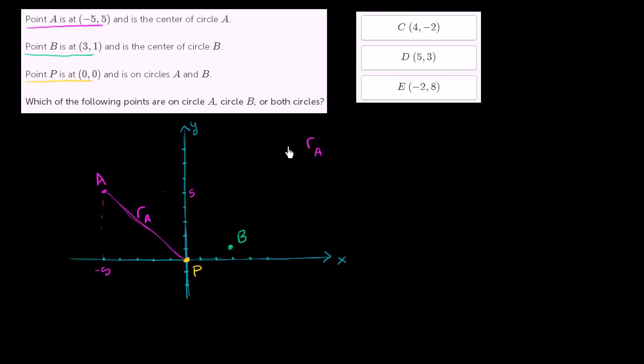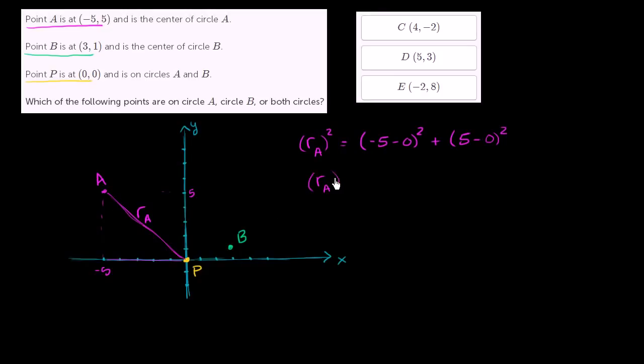So the radius, or the distance between those 2 points squared, is going to be equal to our change in x values between A and P. So our change in x values, we could write it as negative 5 minus 0 squared, plus our change in y, 5 minus 0 squared,